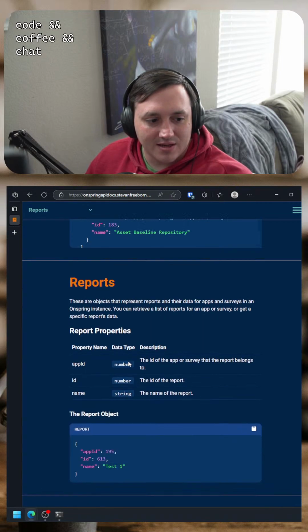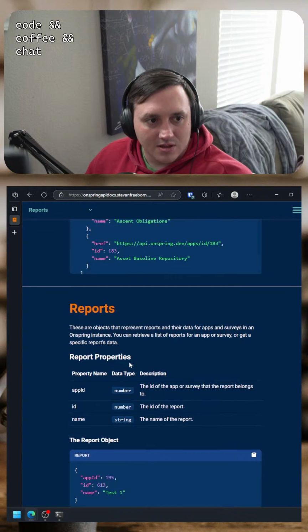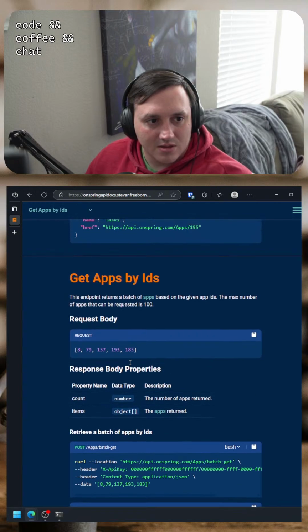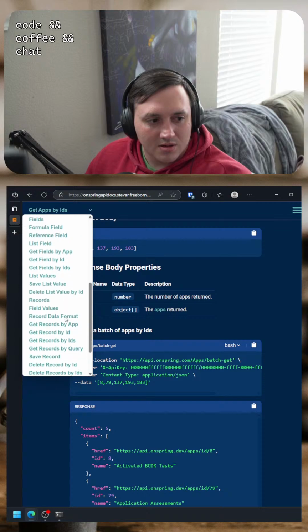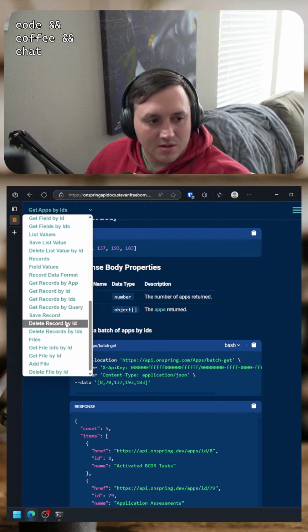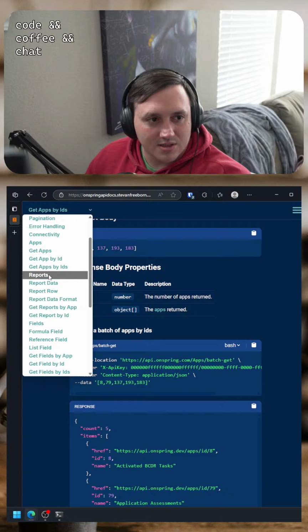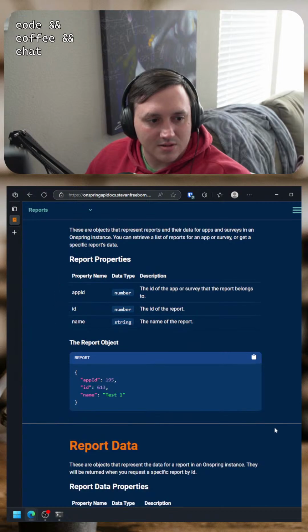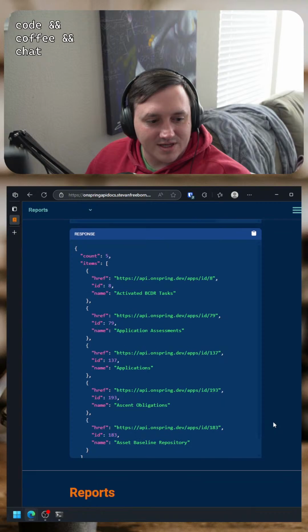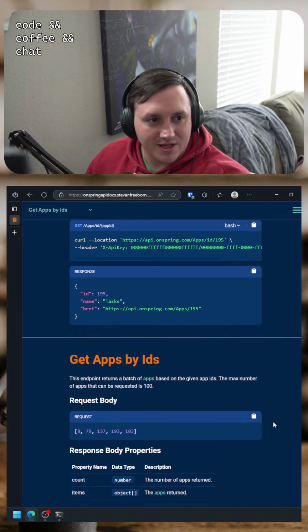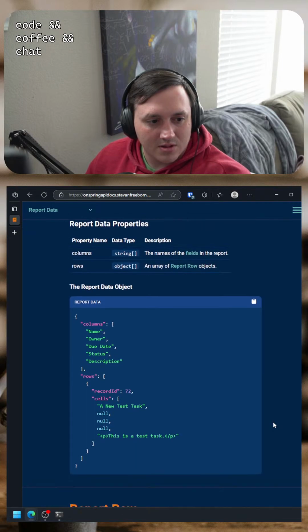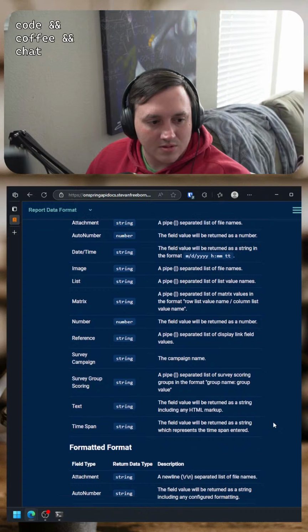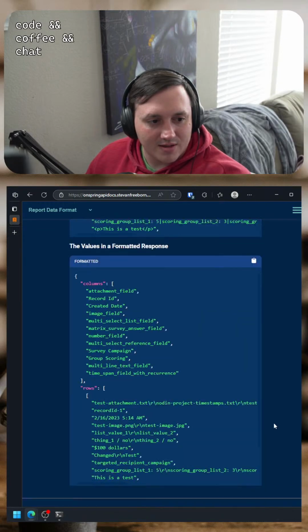So I have to make, let me see, I want to get, do I not have an example request of how to get the report data format? Do I not have examples?